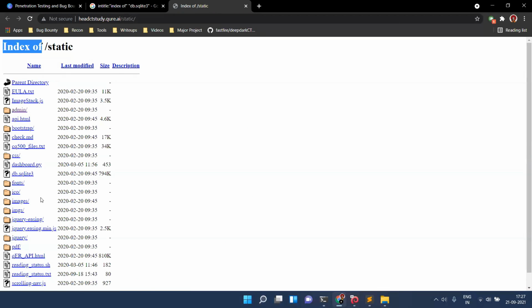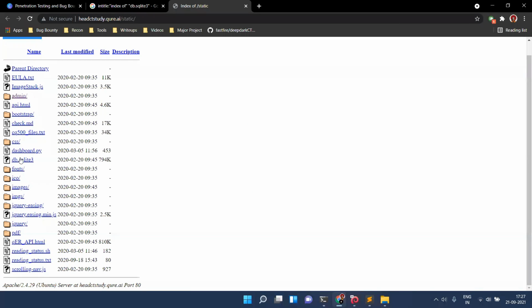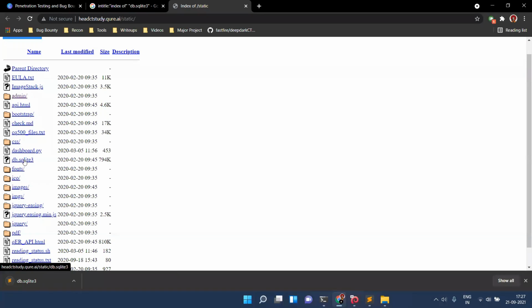So if you see over here, I can see my cursor, I have this db.sqlite3 file. What I can do is set up SQLite on my PC, import this file, and I'll have the database.